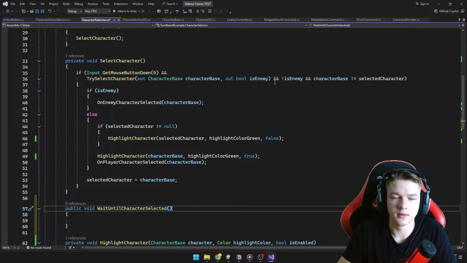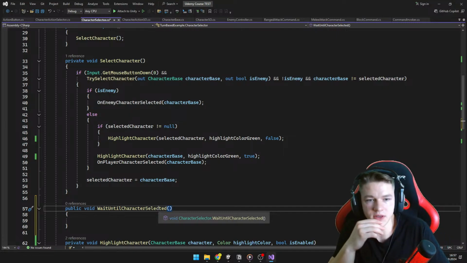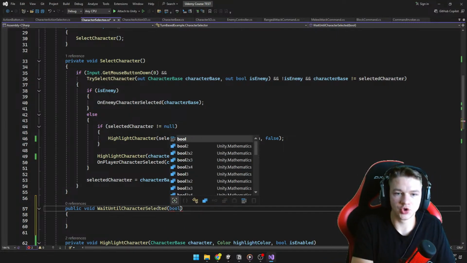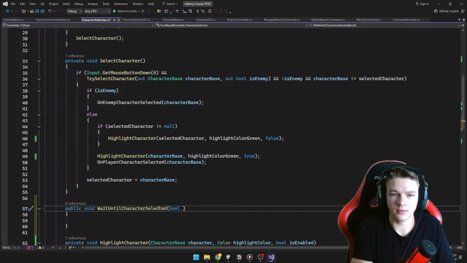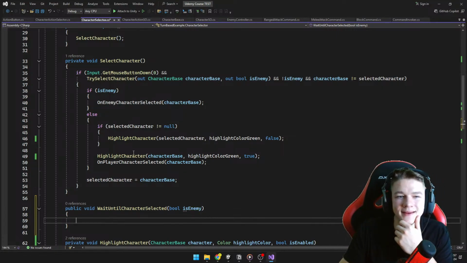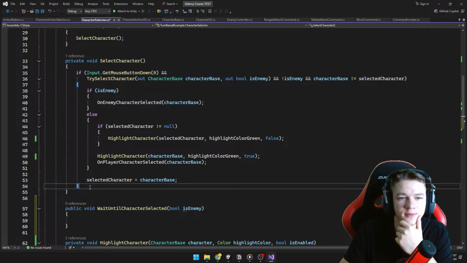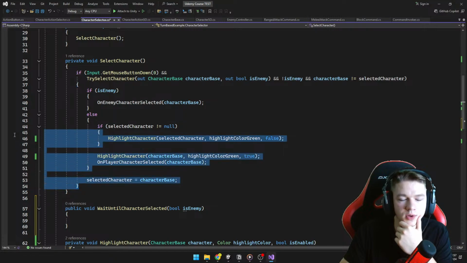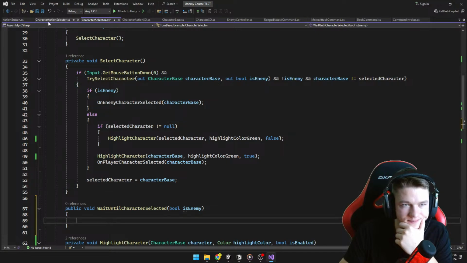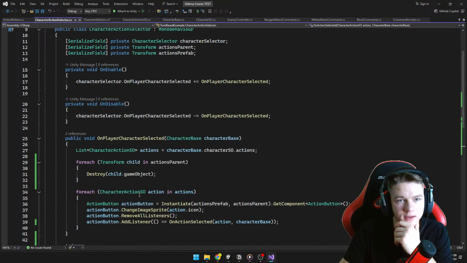Here, what could we do? When we want to wait until character is selected, we would probably need to know whether it should be enemy or the player. So is enemy. And then I'm pretty sure we should be able to reuse some of that code. Before that, here,